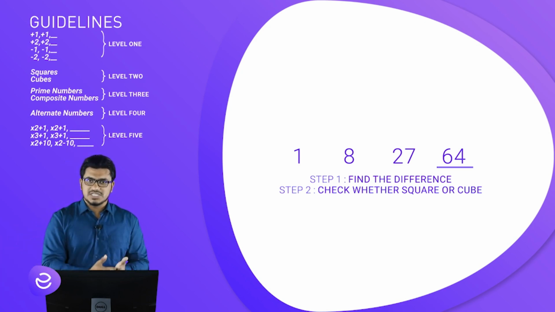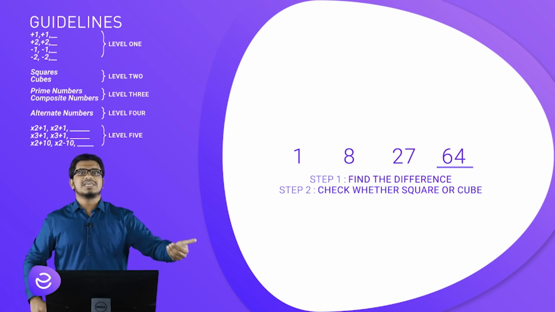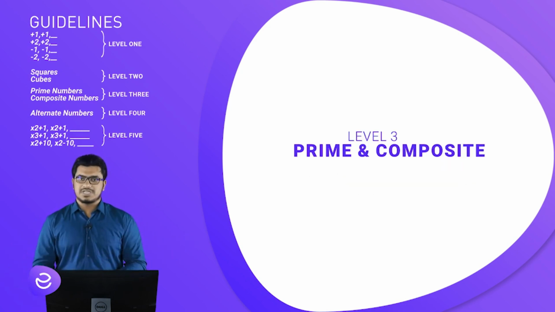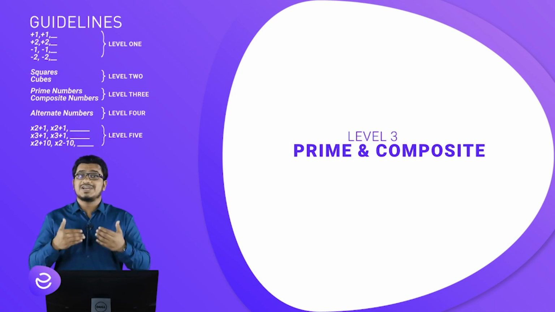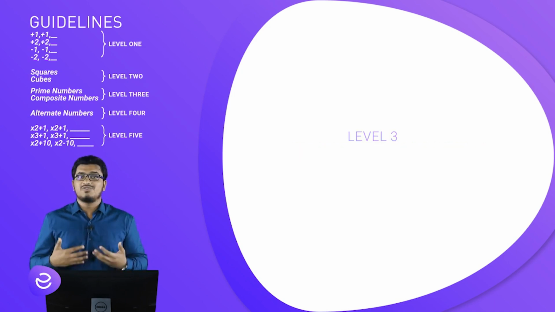You check the squares and the cubes. If you can't come up with a pattern, you keep that aside also. The next one you check is for prime and composite numbers. So to get the answer of whether it is a prime or a composite number, you have to understand